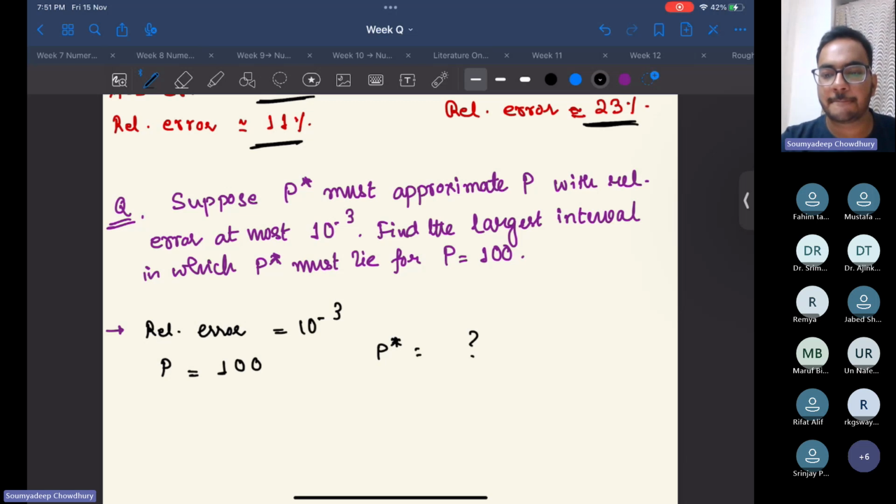Any idea? I can solve the problem, but you should also get involved. Otherwise,